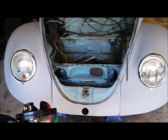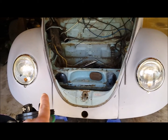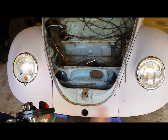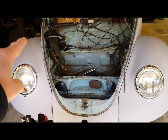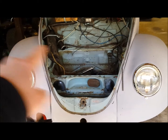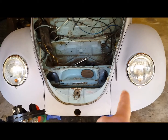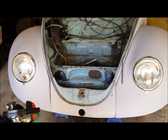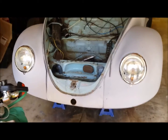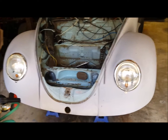Then I got to figure out where to put turn signals. I'm thinking about putting them here and here, just doing little round amber lights kind of in this area. Or maybe doing the Euro style upper lights, but kind of liking down here. Just do some little 1.5 or 2 inch rounds inboard of the headlights. So if any of you have any tips on where you think turn signals would look good on this vehicle, put it in the comments below. And also the rear